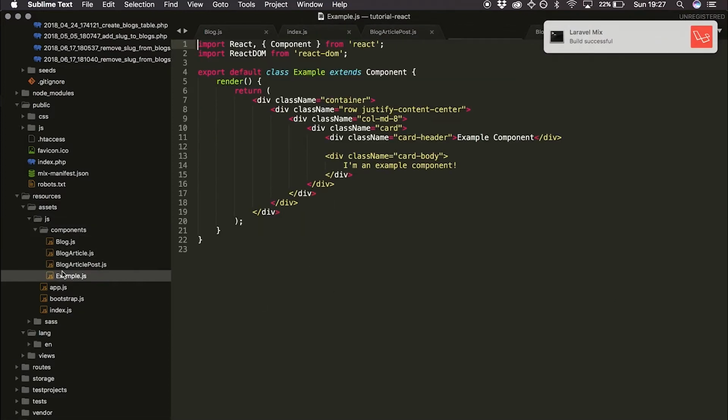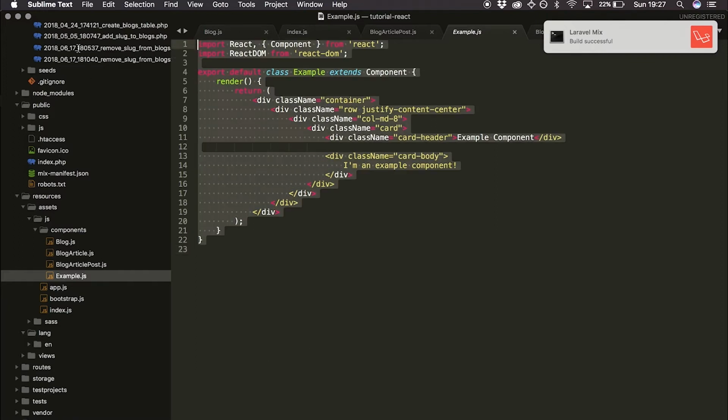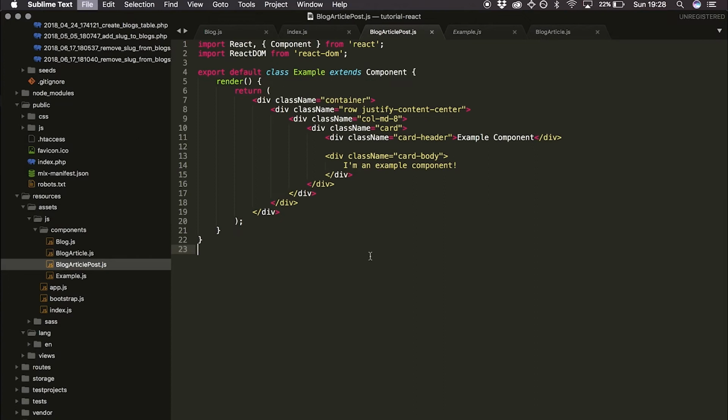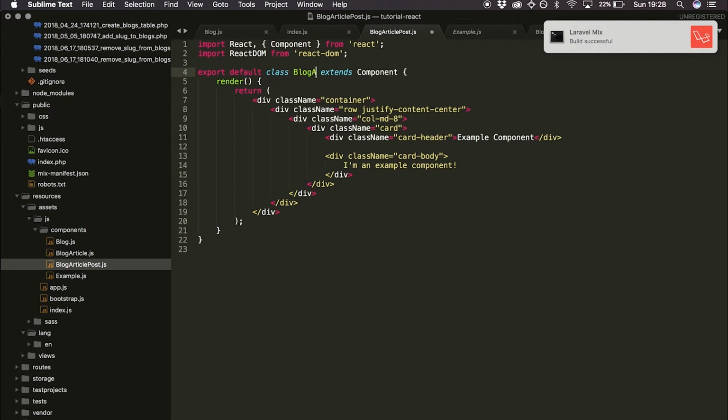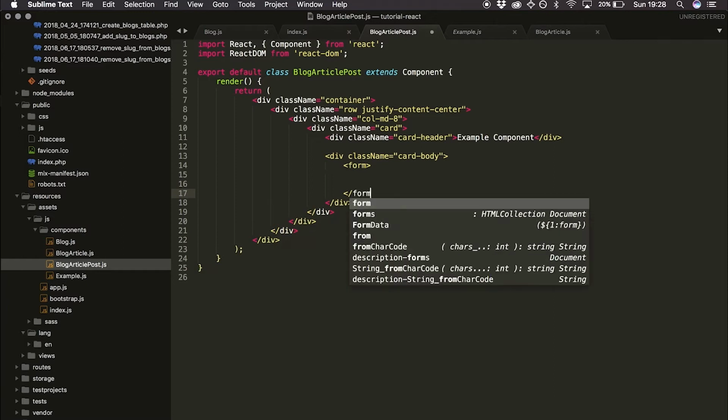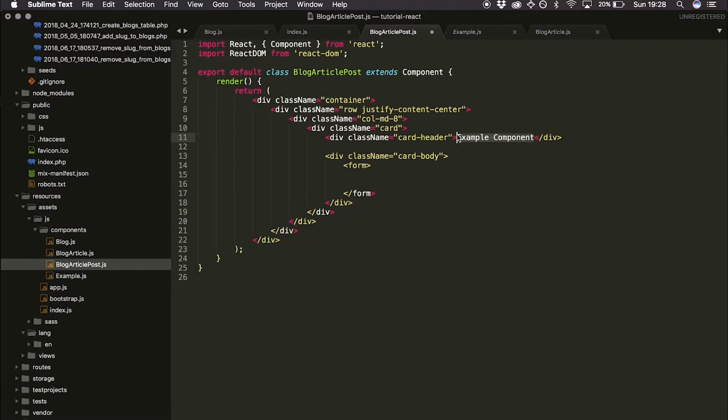And within here, I want to copy and paste the example component, just because this has slightly more styling and it just looks a bit better. I'm going to paste that in here. I'm going to rename this example class to BlogArticlePost. And I'm then going to construct a form within here. Rename this to post a new article. And then our form is going to have two input fields, well, one input, and